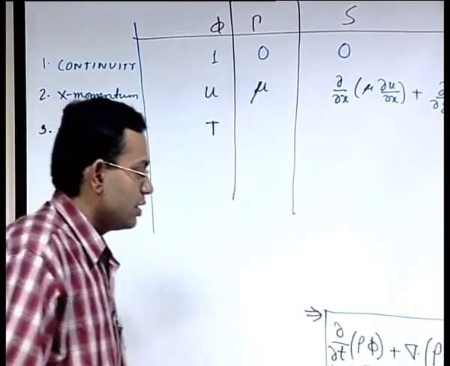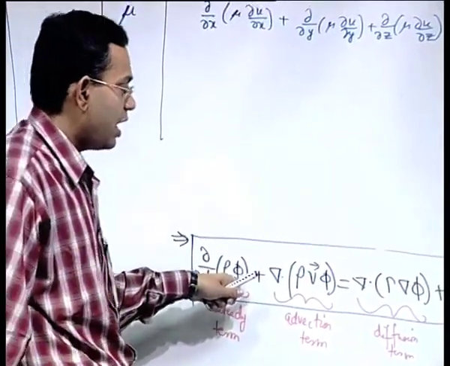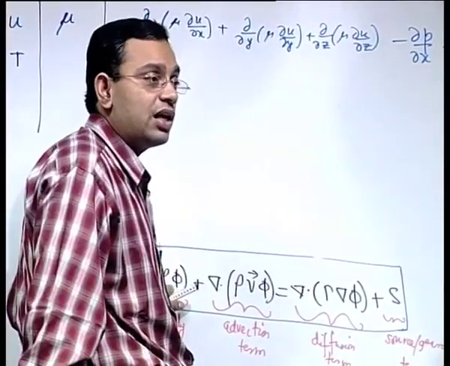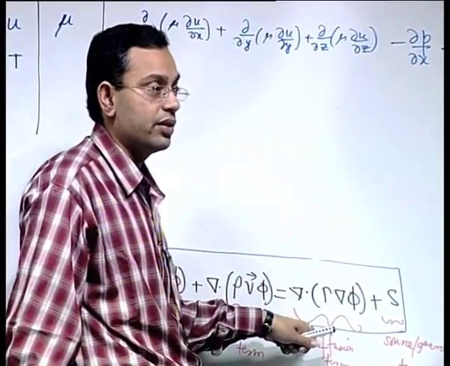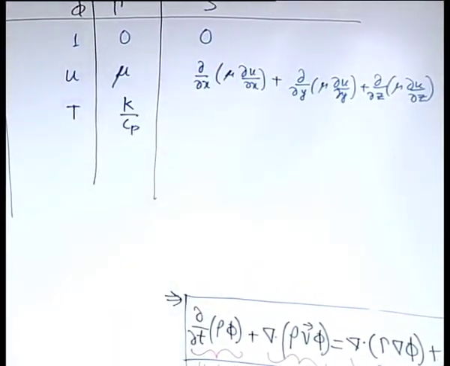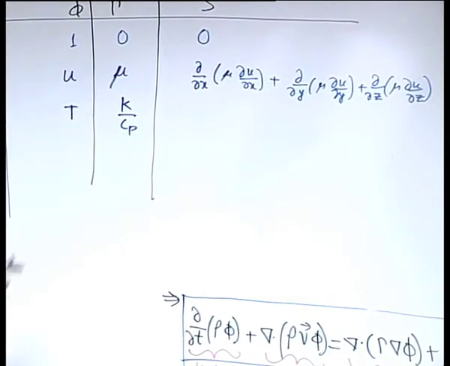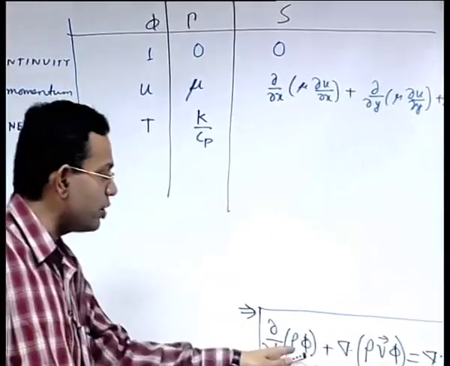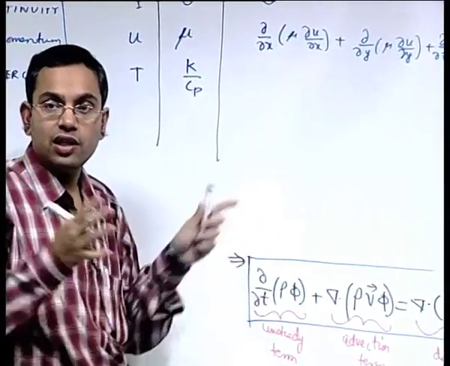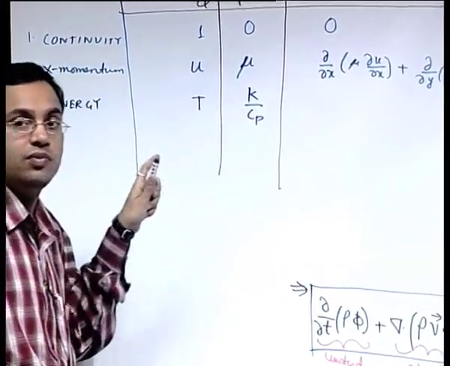So see, in the left hand side you have rho Cp T and here you have K. Rho remains inside because it is a conservative form, so it becomes K by Cp. This is not the same as thermal diffusivity or alpha. Alpha is K by rho Cp, but it carries a similar physical meaning. Only thing is we do not have rho here because rho is clubbed with the T, it is there as a conservative form because we want to cast all the equations in the same form, but it carries a similar meaning as the thermal diffusivity.